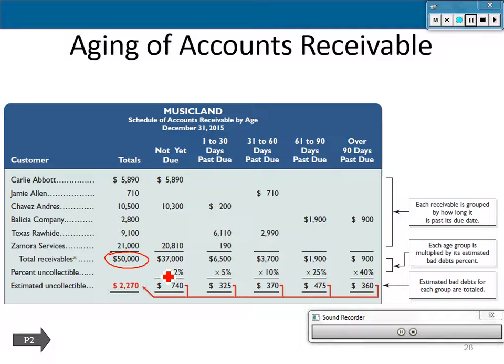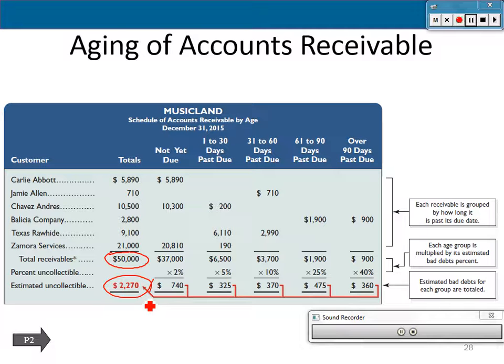And then those who are late within 1 to 30 days, we total those, which come to 6,500, multiplied by the percentage, which is 5%, to get the amount of uncollectible there. Then 31 to 60 days, then 61 to 90 days, and anything over 90 days. Once we get all these amounts for these groups uncollectible, we add them all together, and it comes out to here,